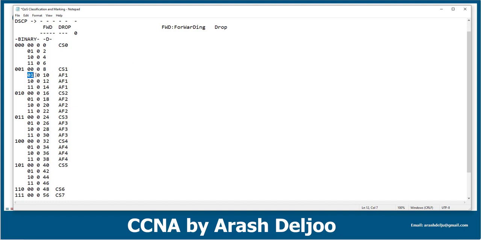About the forwarding, 10, 12, and 14 are the same, but about the drop, here we have differences. For example, this is AF11, this is AF12, and this is AF13. What does it mean? It means that AF11, AF12 and AF13 are using the same priority about the forwarding, but the drop priority of 14 is higher, meaning it is worse than 12, and worse than 10, meaning AF12 and AF11. About the forwarding, all of them are the same. About the drop, first, this traffic should be dropped, the AF13,